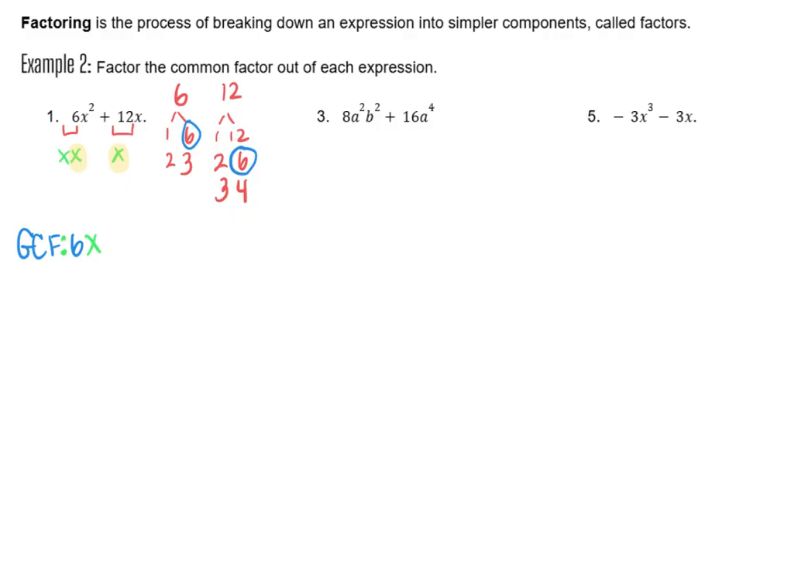So factoring is the process of breaking down an expression into simpler components or factors. So I'm going to take my 6x, and that's going to be my starting point. But I'm going to put a parentheses, and I'm going to write what is left over when I take out the GCF. And by take out the GCF, we are essentially dividing. So I'm going to take my first term, and I'm going to say what is 6x